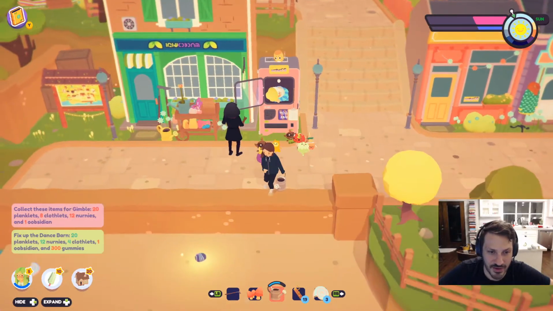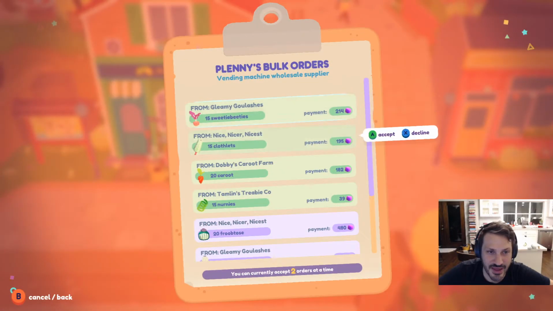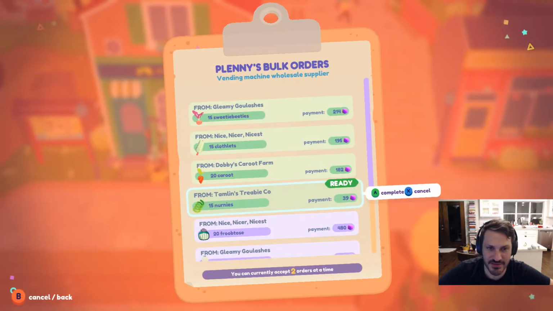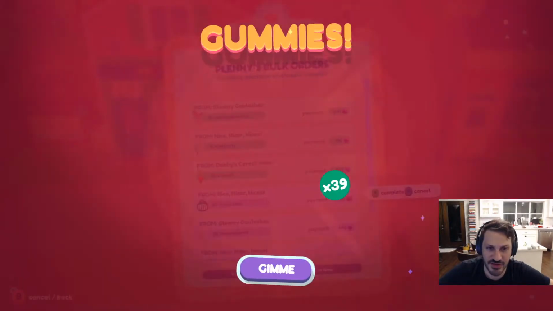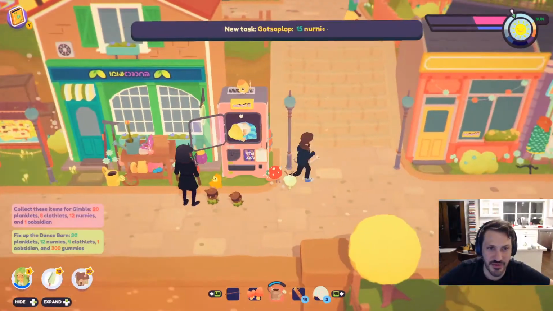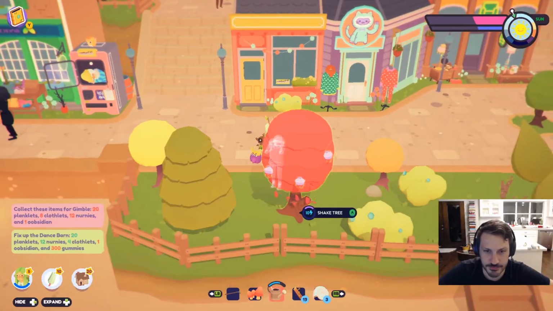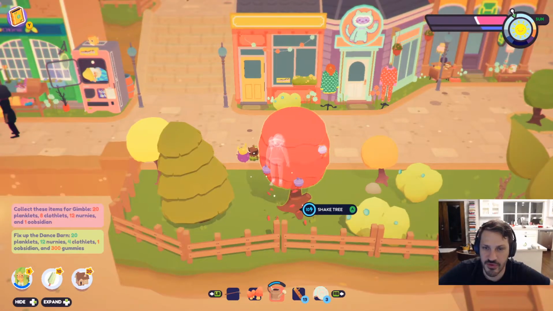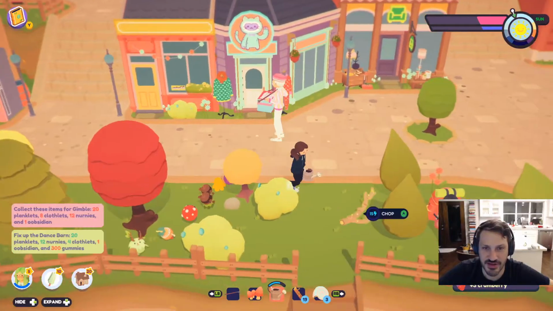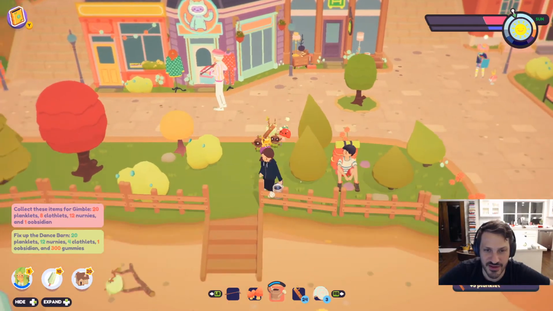And there is an obsidian, ladies and gentlemen. So we're going to want to go get that as quickly as we can. So let's accept this Nernies and then just complete it really quickly. It's an easy 39 gummies. I'm really just focused on foraging and talking to folks, making sure our relationships are progressing on this particular trip